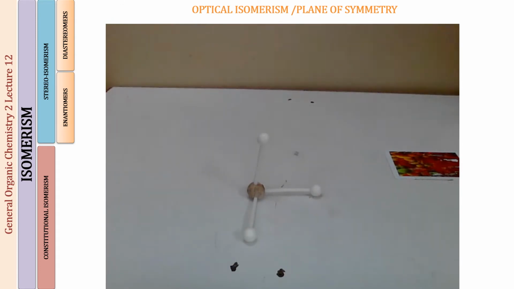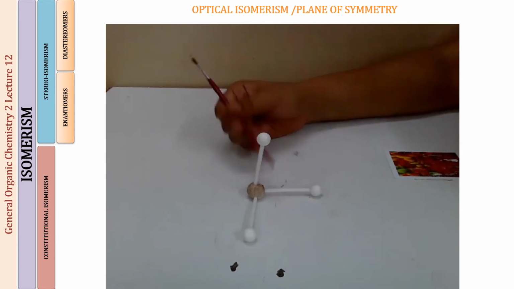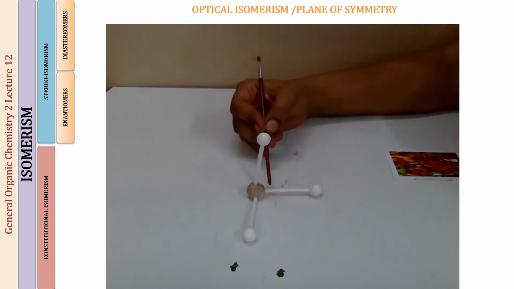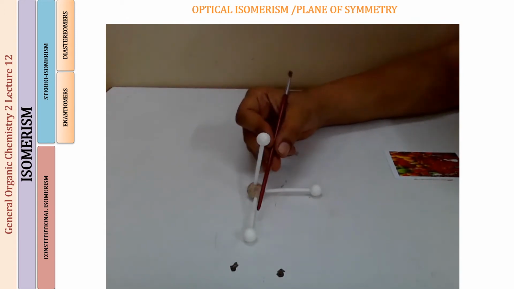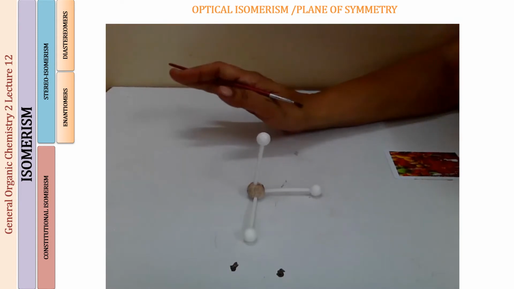Here, first of all, you can see that I have taken a clay ball into which I have inserted three lines. What I'm trying to explain here is the three coordinates. This is going to be the x-axis, this is going to be the y-axis, this is going to be the z-axis. They are all perpendicular to each other. I am just holding them with the help of this clay ball so that this remains stable.